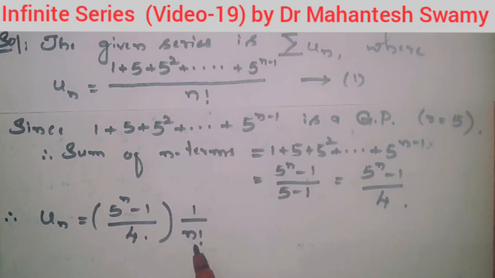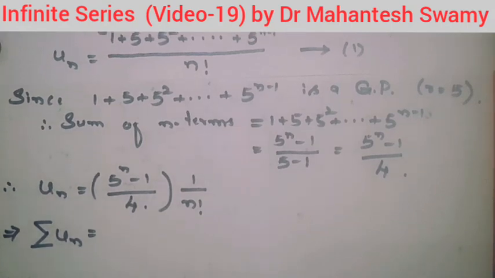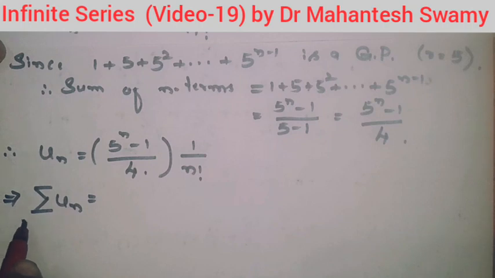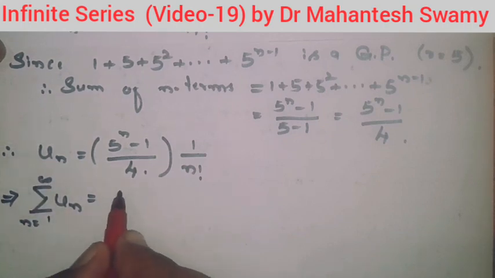Now what is our question? Our question is to sum the given infinite series to infinity. This implies summation of un, that is the required sum. The required sum is summation of un, where n is running from 1 to infinity, equals